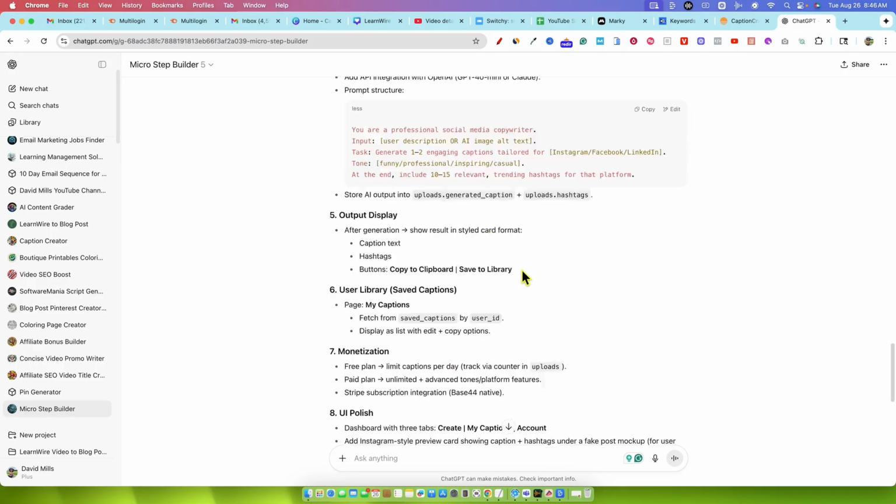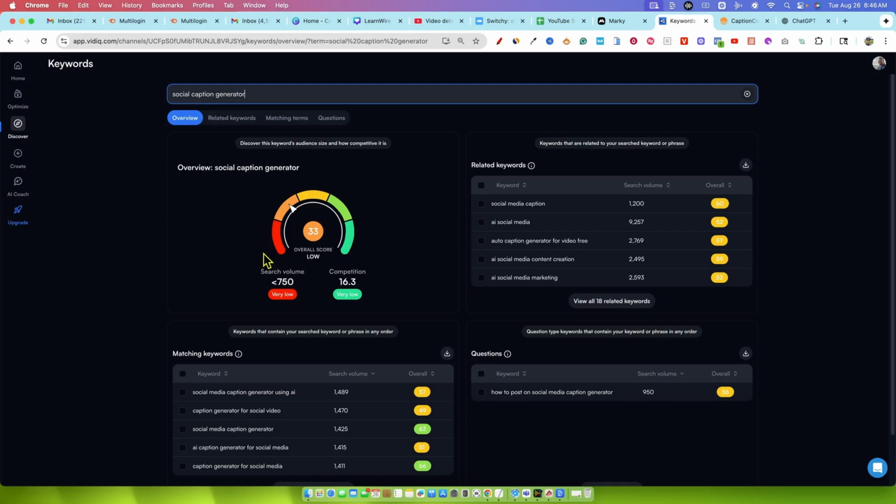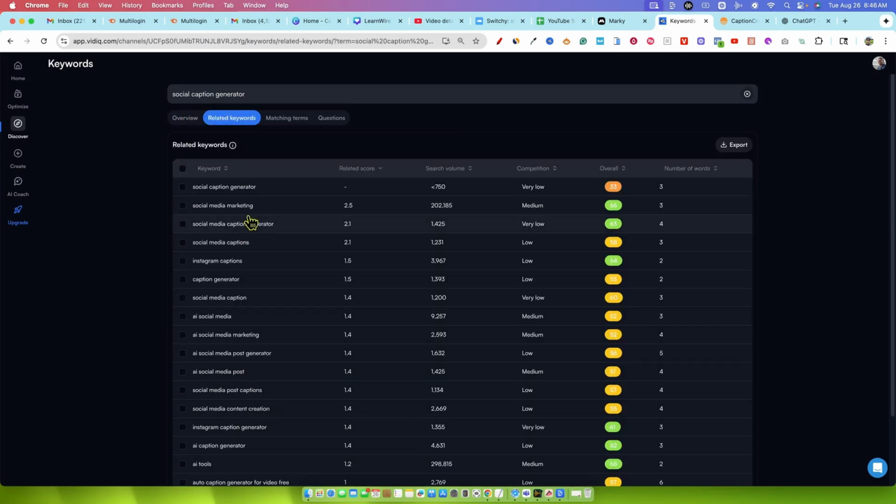And then it actually, even at the bottom over here, kind of cool, I trained it to just give us some ideas like an SEO friendly title, social caption generator. So we can actually come over here, social caption generator, and we can go and see if there's some more keywords that would be related to social caption generator. Social media marketing is way too big, but you can actually use vidIQ if you're going to use YouTube or even one SEO tool